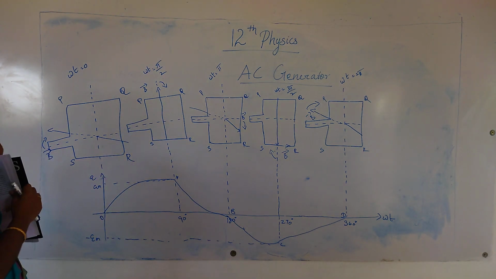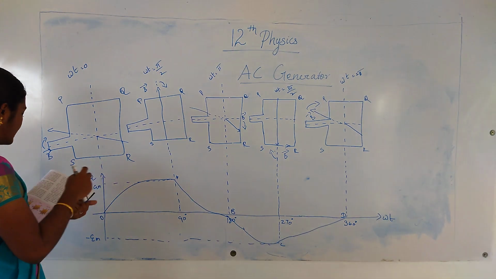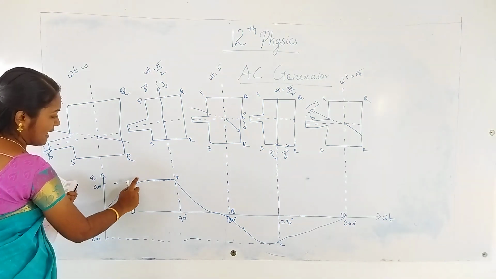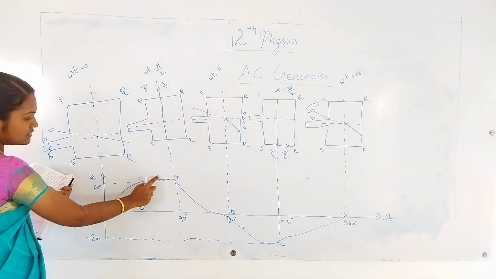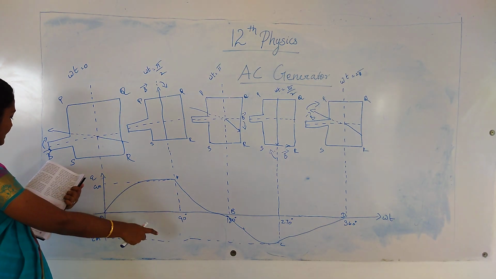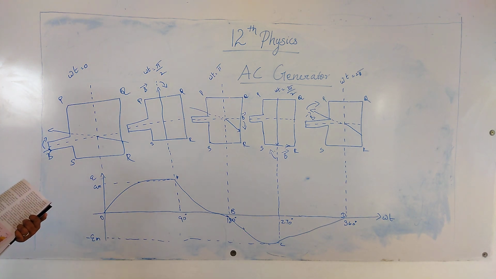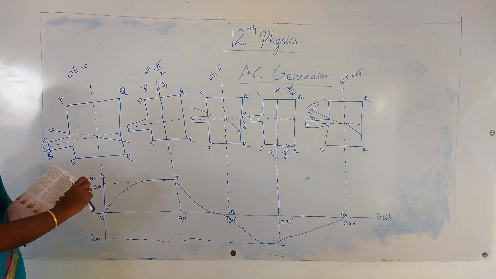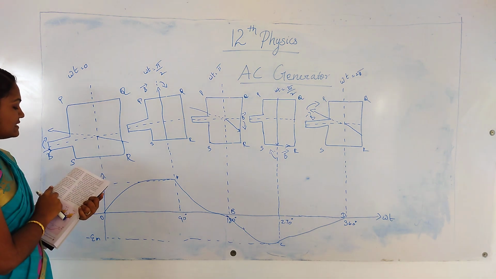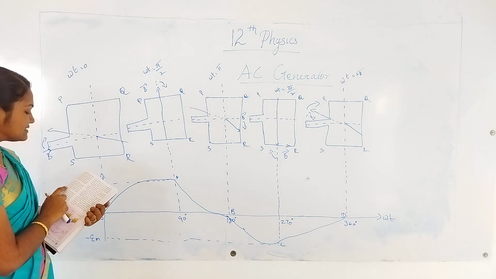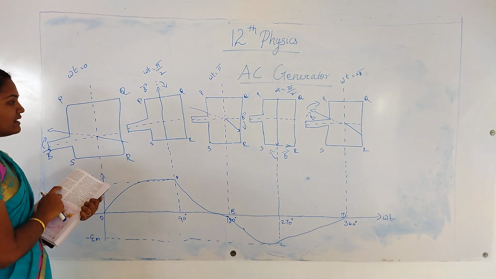Induced EMF across PQ and RS will become maximum. So here, see the graph. This will be maximum at the point A, at 90 degrees. Since the armature conductors are connected in series in a single phase AC generator, the EMFs are added up and the direction of the total induced EMF is given by Fleming's